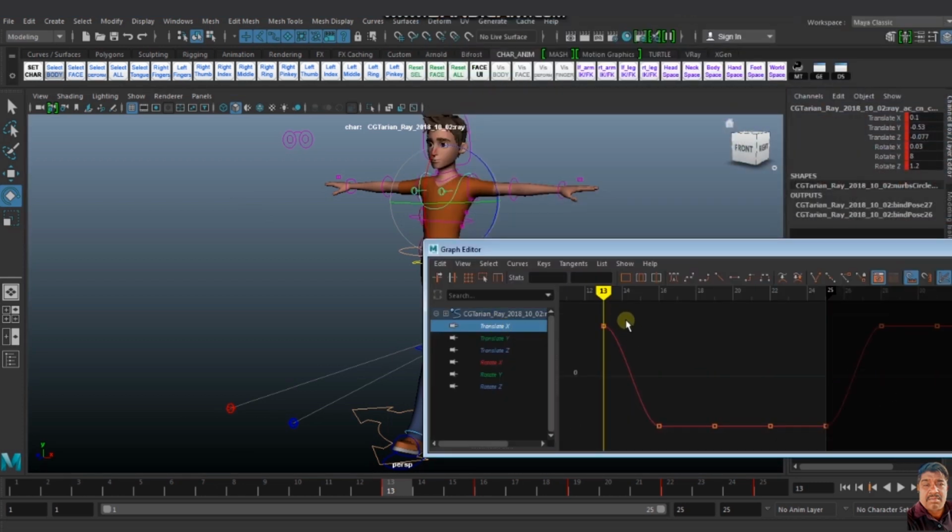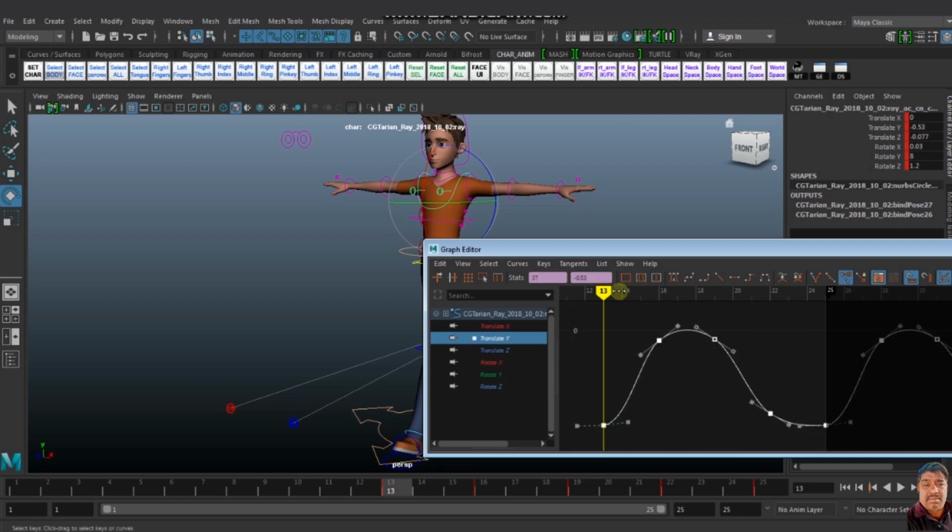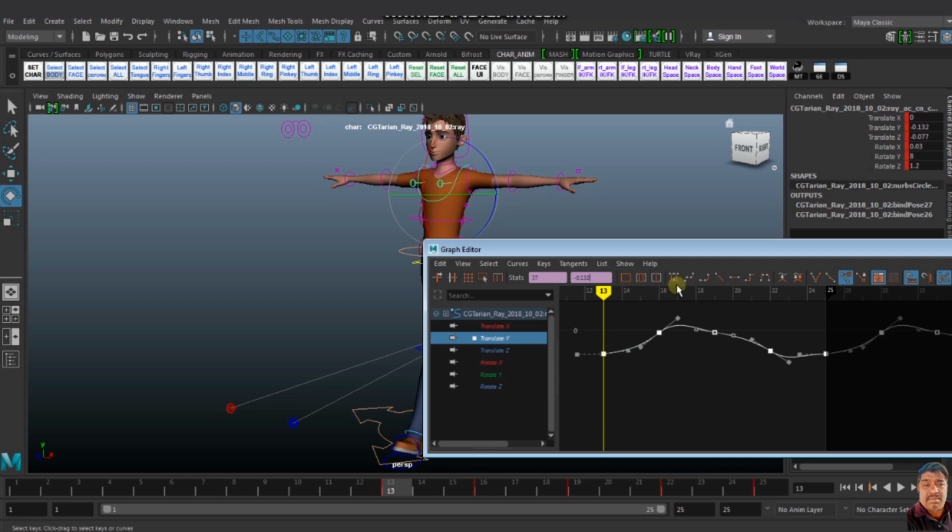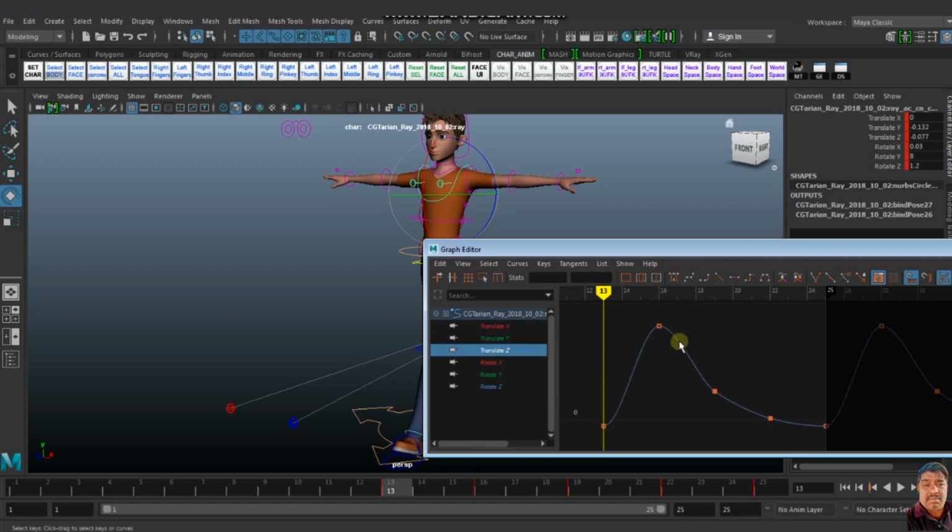Right now there is no translation in X. For Y translation, I scale it down to a very minimal 25% of what it is right now. So it is a little bit of displacement. For Z also 25%.